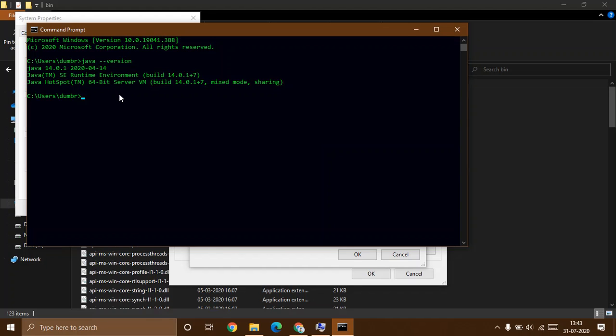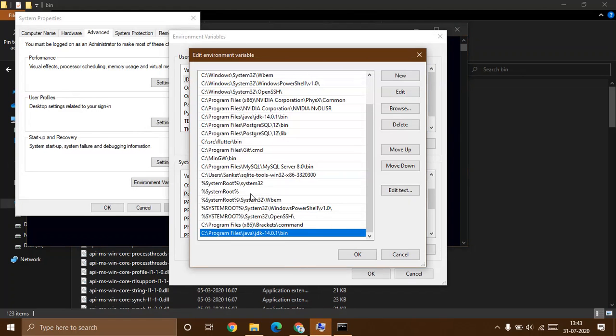I already have path set, so I did not get that error. Here I have already set, so I am deleting it.